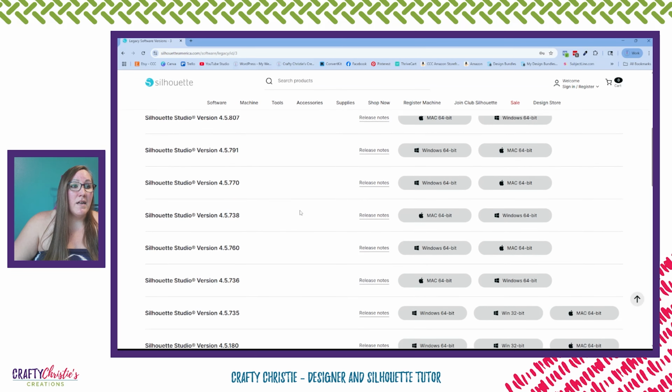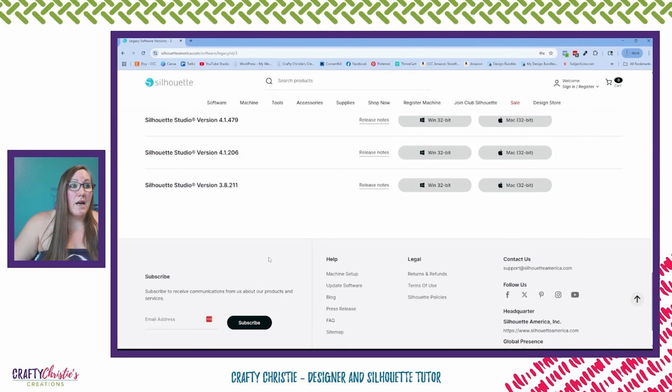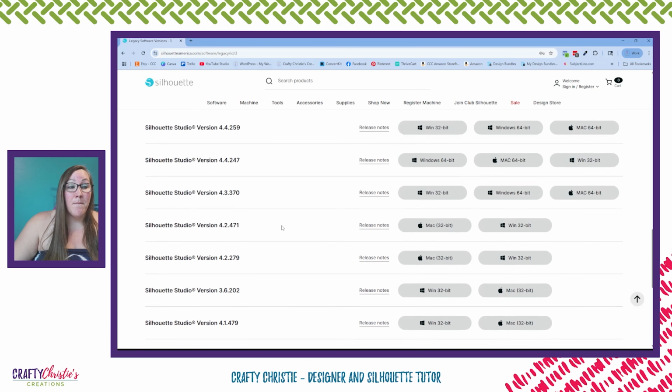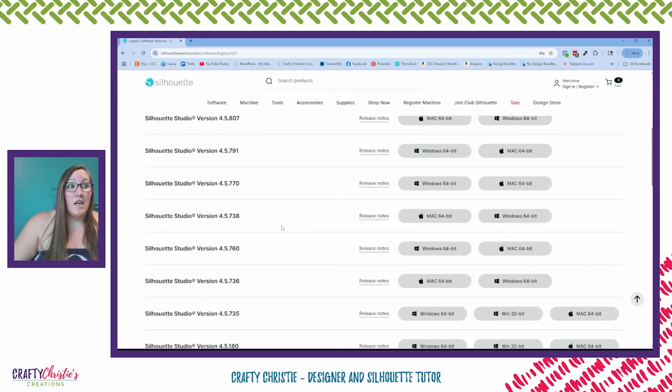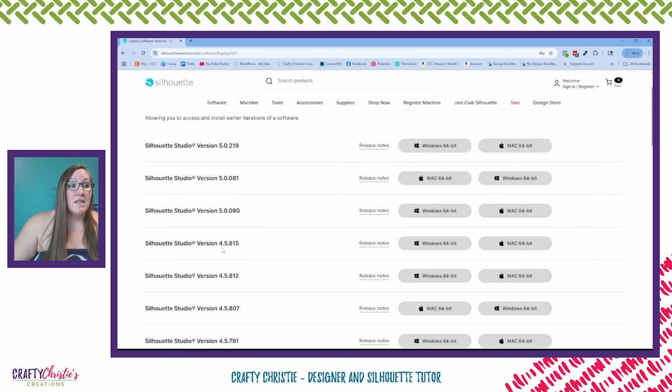And you can scroll back here and you can see, we can come way back. But I will say that the version of the software that you're using also kind of coordinates to the version of the firmware that you're using. So you don't want to back up too terribly far, but the one version that is mostly recommended is this